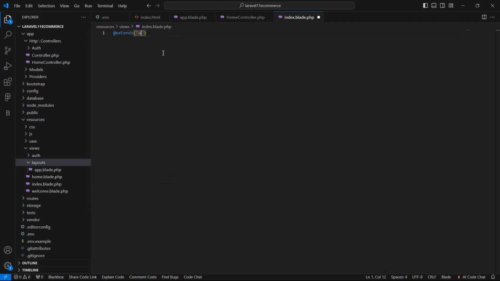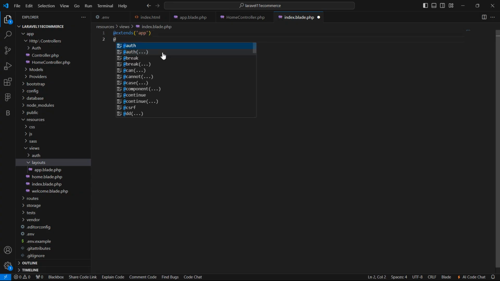Okay, so right here app, and now add here the content section. So right here section, and name is the content. Now close this in section,